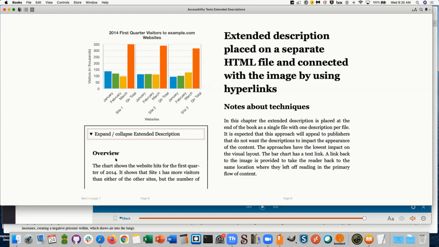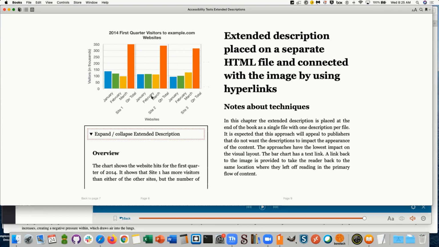Even with VoiceOver, it'll start reading and get to the overview and start reading other sites, but then it'll cut off right there and jump you to the next page. So this is a case where it's not behaving very nicely and you lose the context. This is in Apple Books right now. It's a bug in Apple Books, and VoiceOver doesn't really work well.